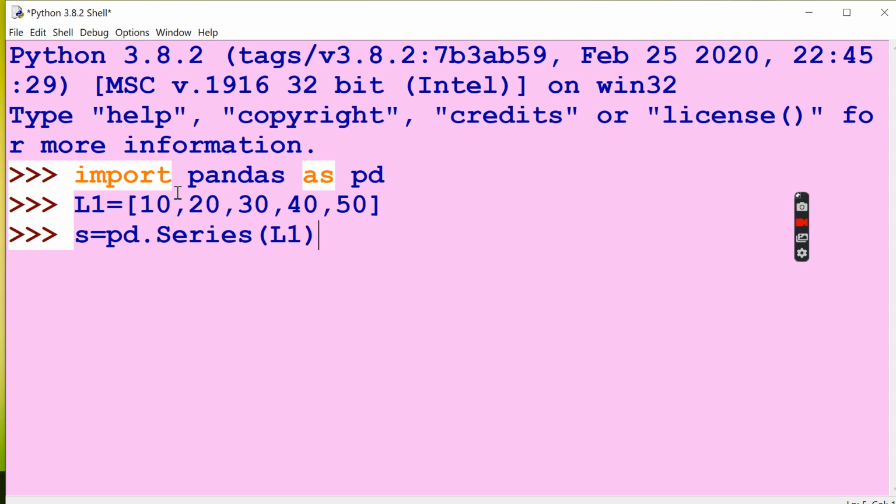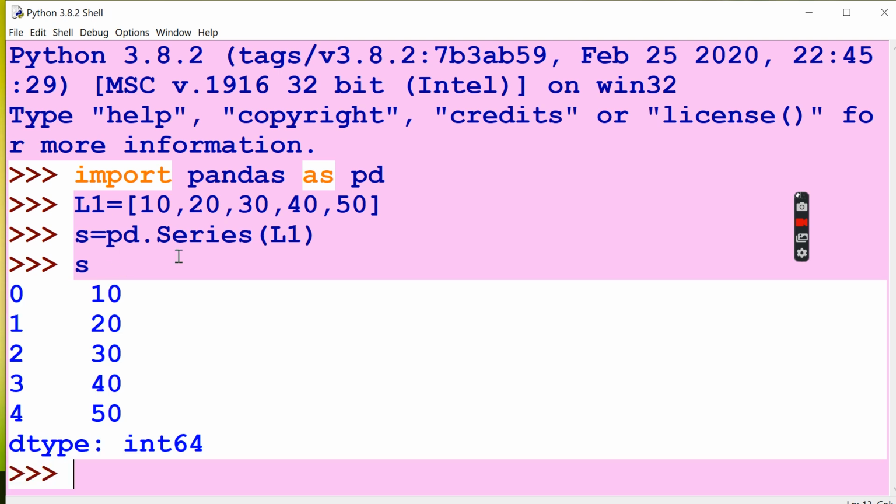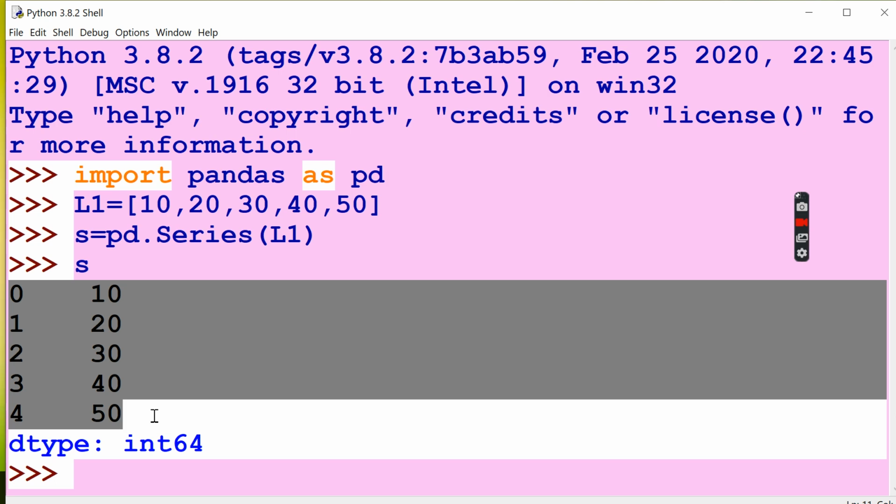Now I'm just going to say print s. See here, if you want to pass any array index, it can also be given over here. Without the index, the system will print it with the index automatically, 0, 1, 2, 3,